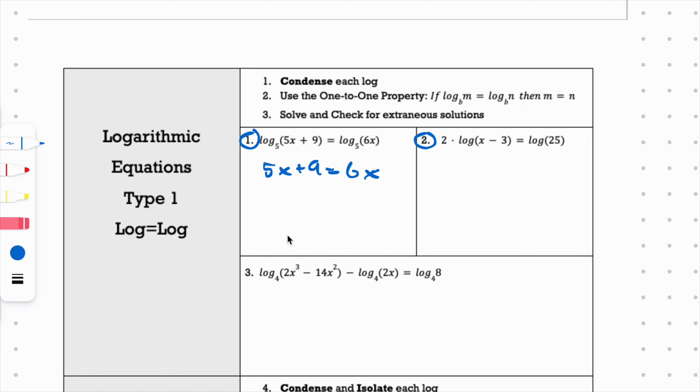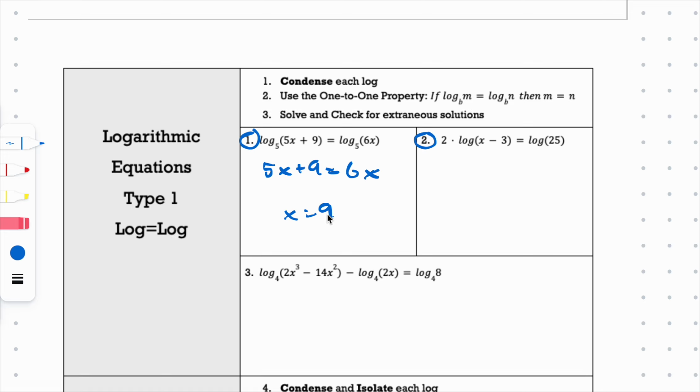6x like that. And just solve like a normal algebraic equation. We subtract 5x from both sides, and we just get x equals 9. Sorry, I kind of switched sides on that. We'd get 9 equals x, but it's the same thing. And so here, what we want to do is plug that in again and check for extraneous